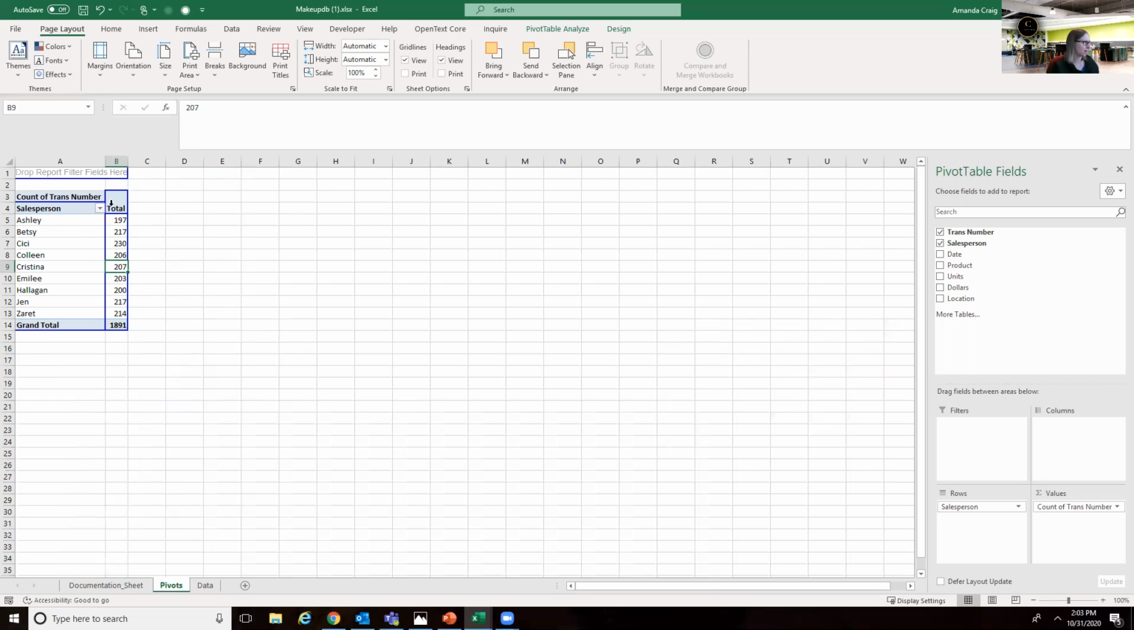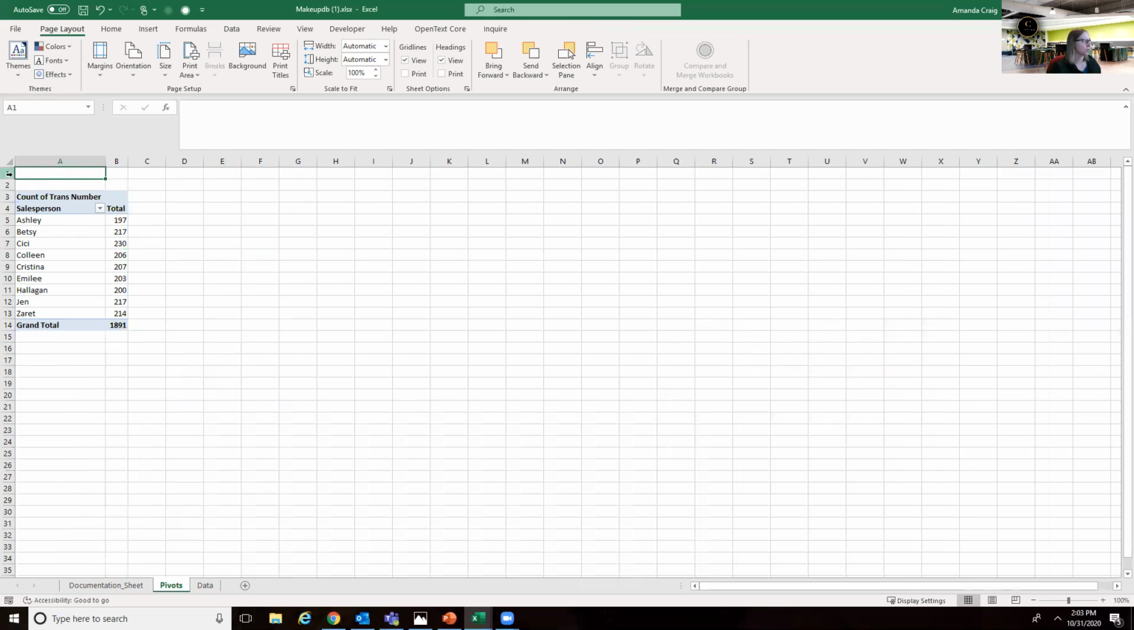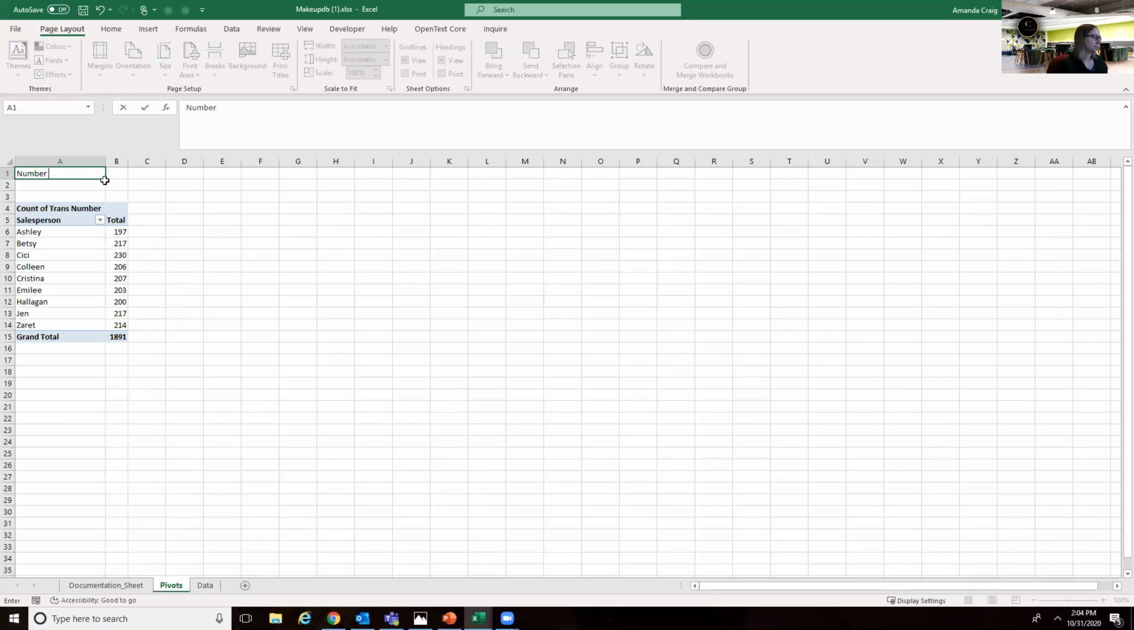They're all around the same. CC seems to be doing a really good job, but otherwise they're all pretty much around average. So I'm just going to add a row in here so I can add the title to my pivot table. So this is going to be the number of sales transactions by salesperson